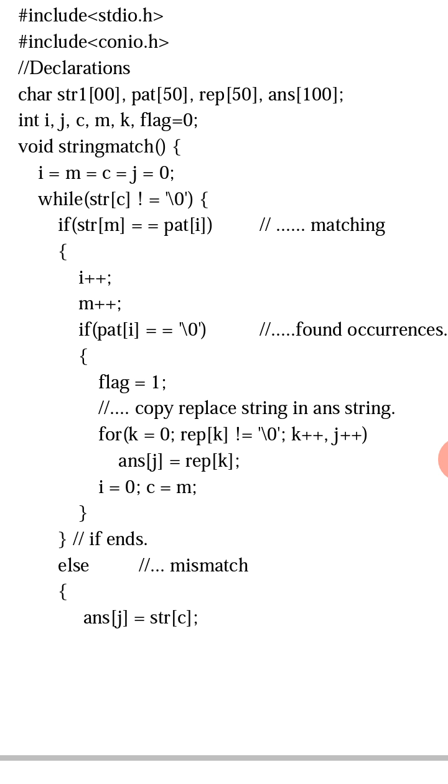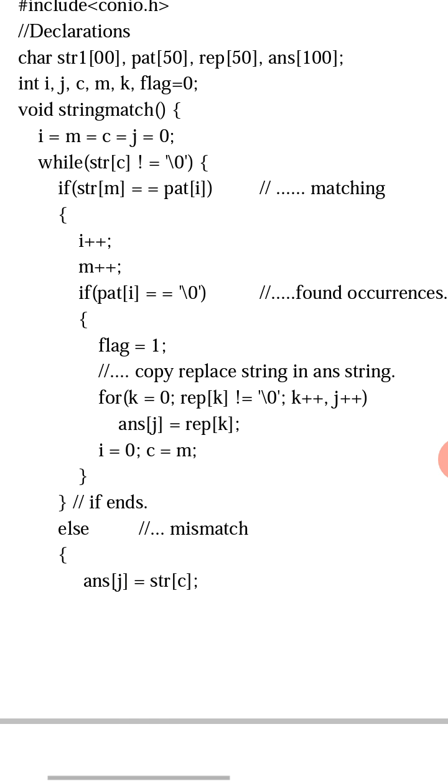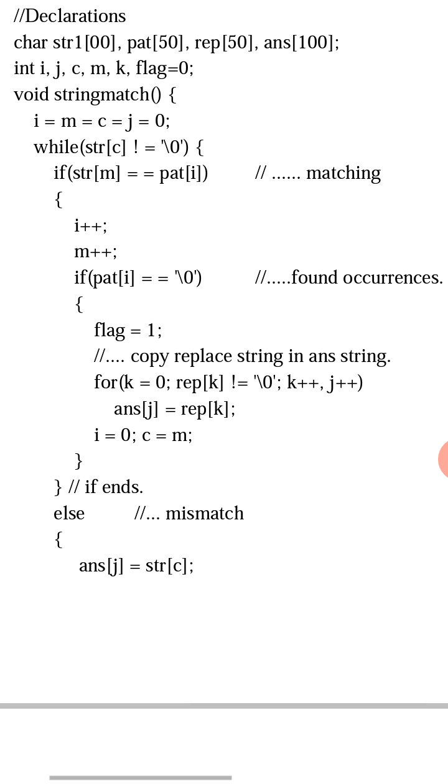As I have stated, once you find the string, we need to replace that string content with the replacing string. In our example, our replacing string is AJ and we need to replace GM by AJ. To do that, if you observe here, I am using for the first time the index k. For k equal to 0, replace of k is not equal to /0, until and unless it reaches the end of the